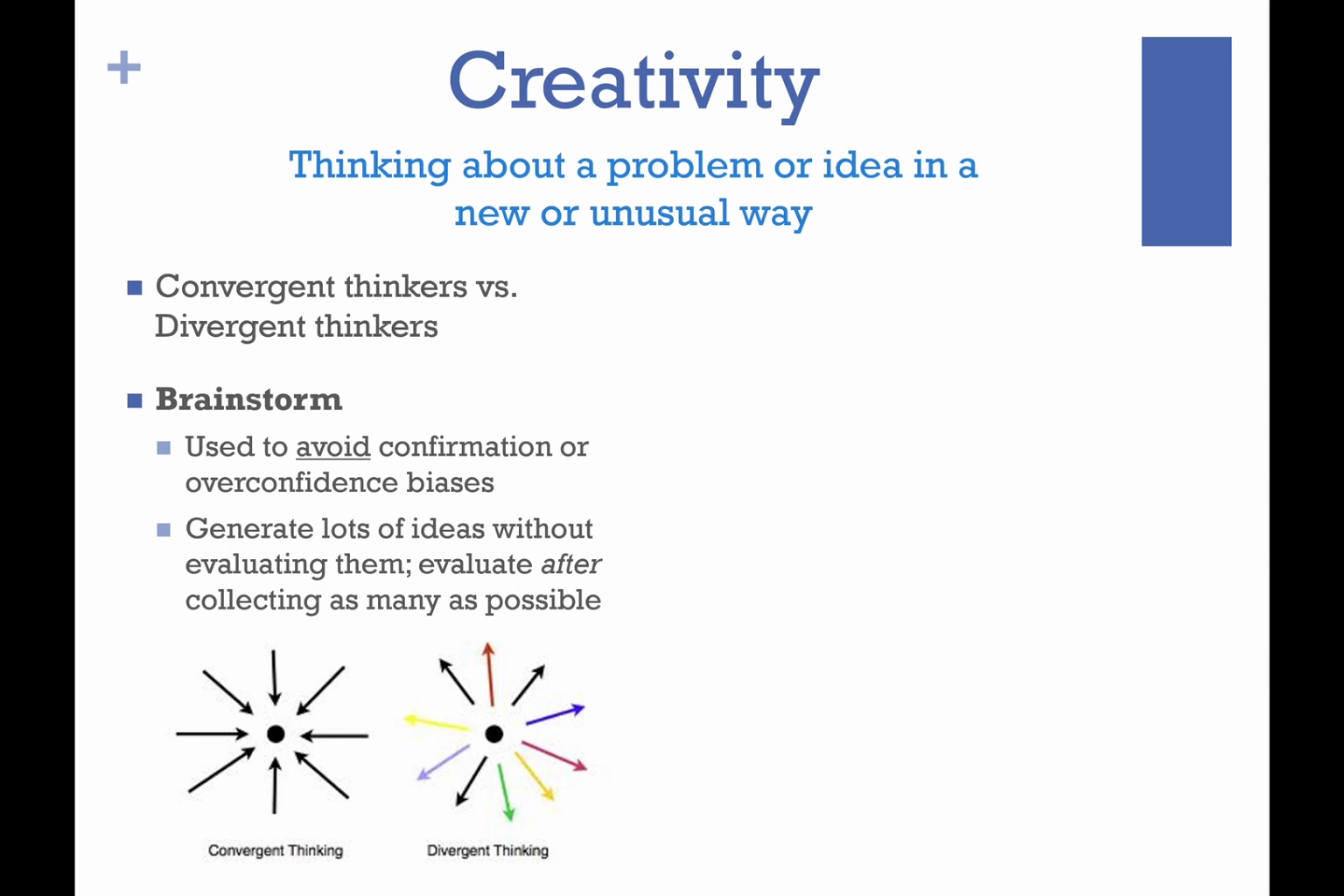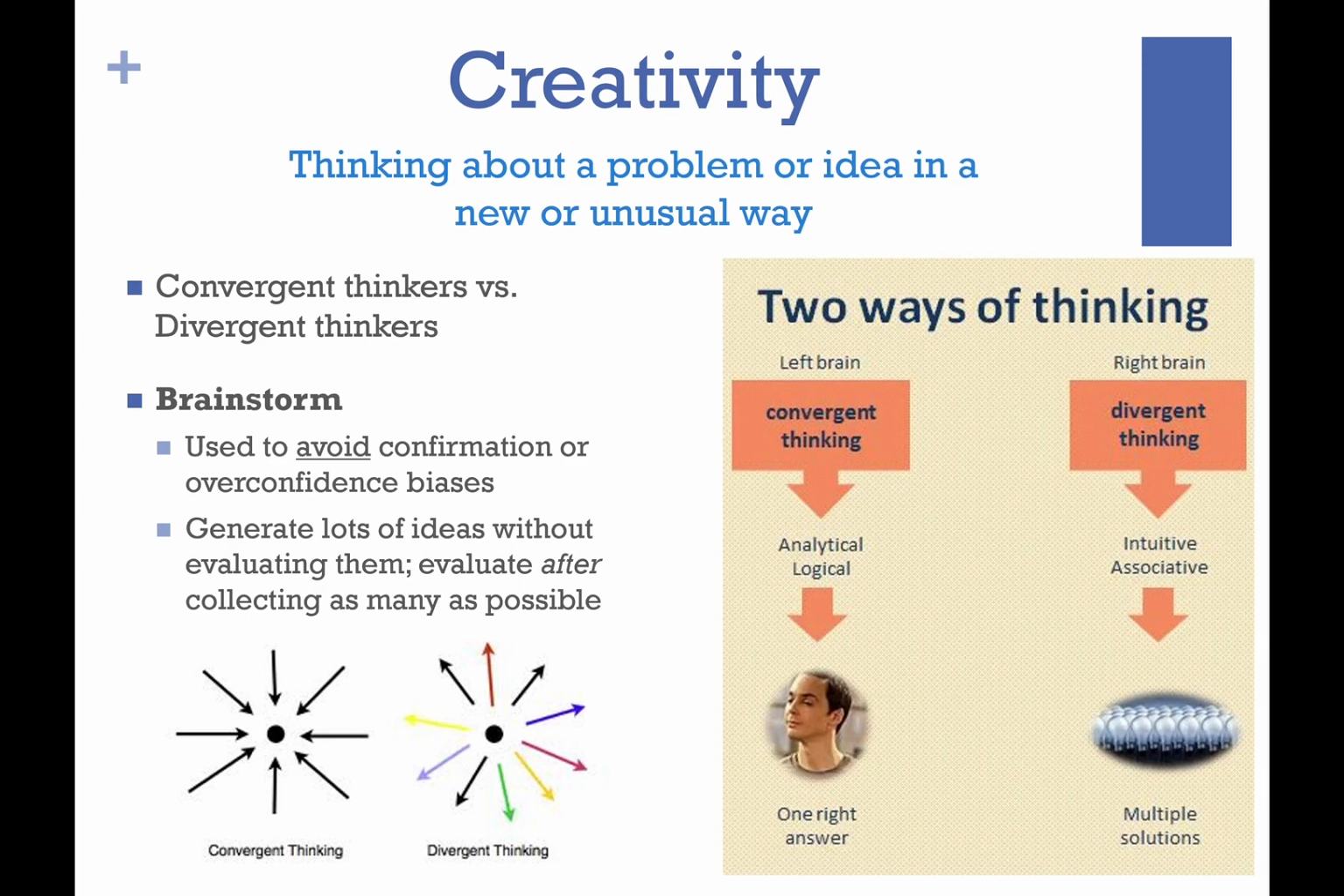So brainstorming is a good way to avoid bias. When you look at convergent versus divergent thinking, you have analytical. Convergent thinking is all roads converge to one place, one right answer. Divergent thinking is that there's one issue, but there's lots of different ways to solve it. There's multiple solutions. So instead of all converging in one place, we're going to diverge out from one place to